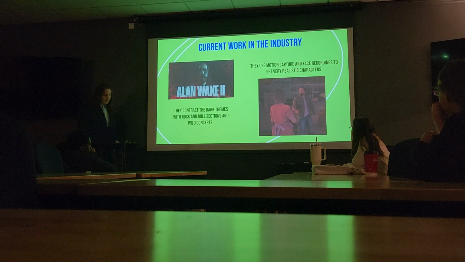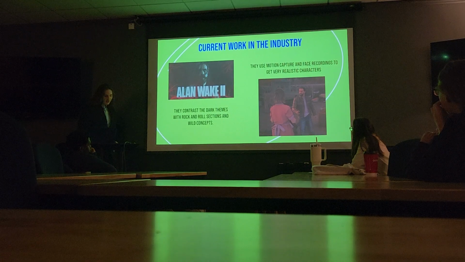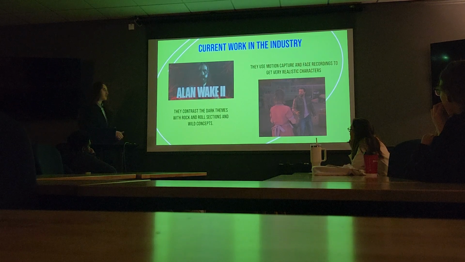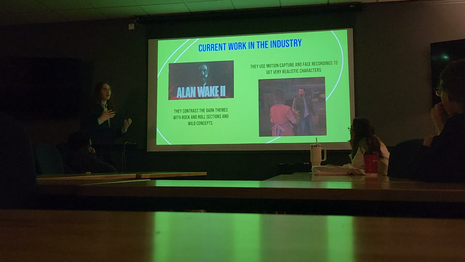But Alan Wake 2 was created by Remedy Entertainment, and is a dark horror game about a writer whose writing comes to life. The reason I bring it up is because they've developed their own game engine. Instead of using industry standards like Unreal or Unity, they've decided to make their own. This comes at the cost of training new staff and creating the engine.